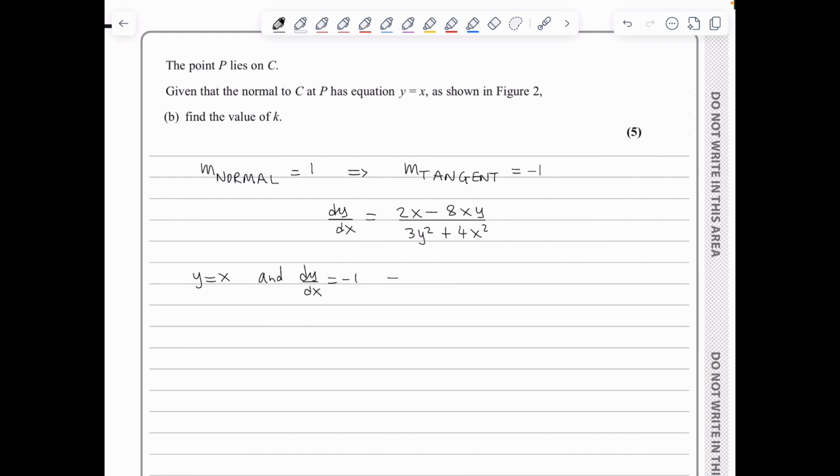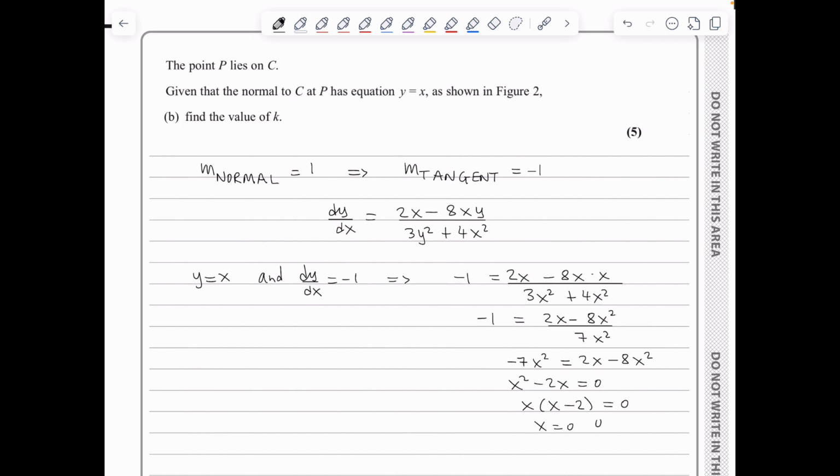So I can substitute this to get -1 is 2x minus 8x times x. So I'm substituting y with x over 3x squared plus 4x squared, leading to -1 is 2x minus 8x squared over 7x squared. Well, if I cross multiply, I get -7x squared is equal to 2x minus 8x squared. And therefore we're looking at x squared minus 2x is equal to 0, which means that x brackets x minus 2 is 0, which means that x is 0 or x minus 2 is equal to 0, and hence x